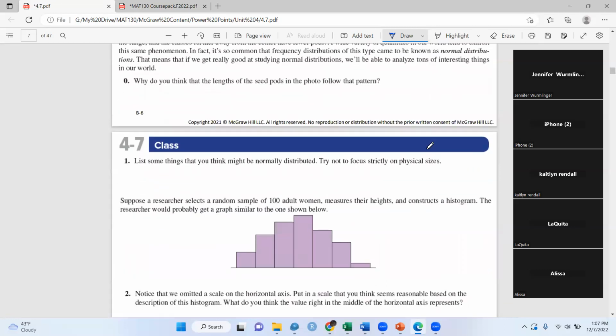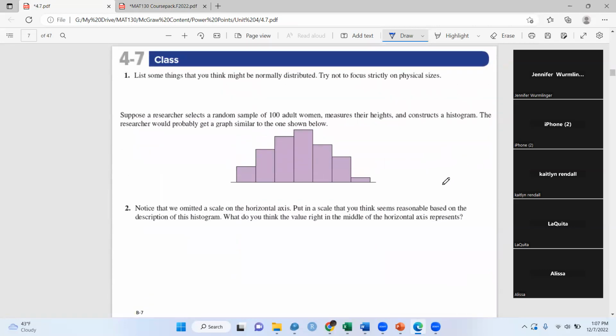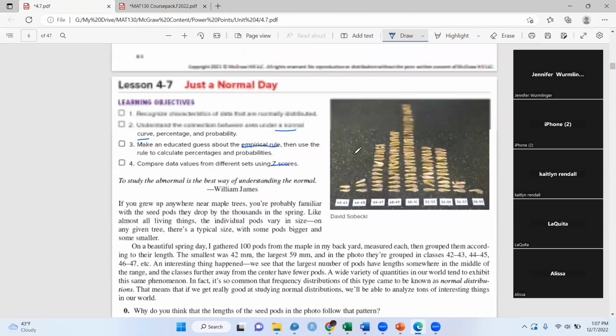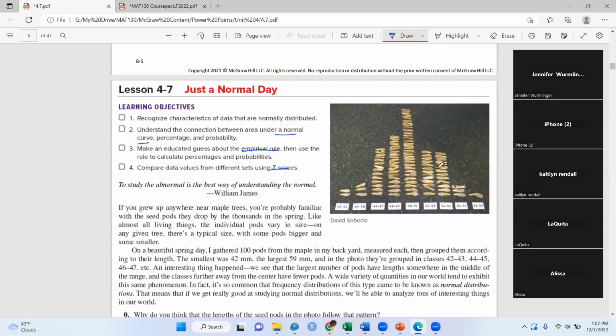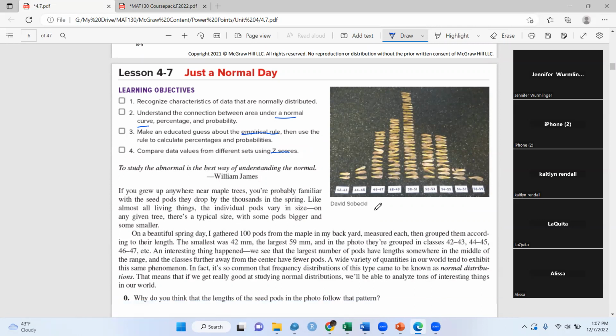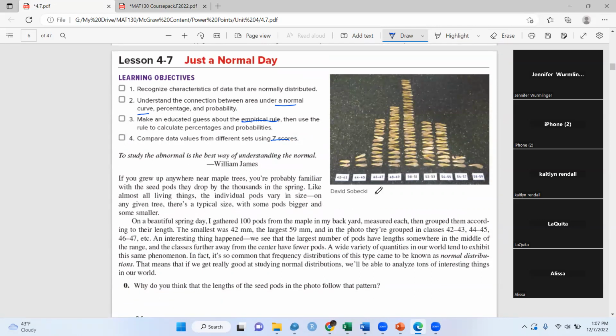So let's pull that out. It turns out there's lots of things in the natural world that end up being normally distributed. Our author collected these lengths of maple pods or whatever, and this roughly looks like a normal distribution. I kind of question the measuring on these. That looks like it's 58 to 59. The idea here is we've got most of the pods right here in the middle, and then there's roughly equal amounts on either side. That's kind of what it looks like for a normal